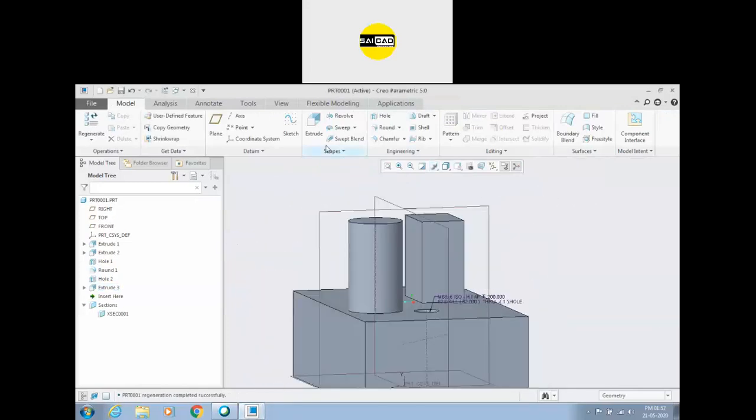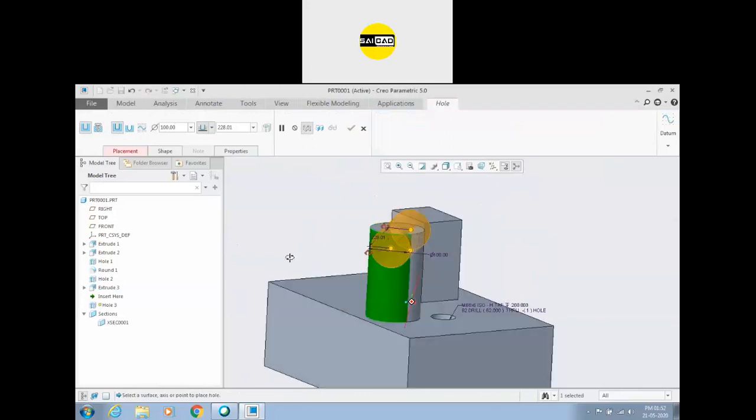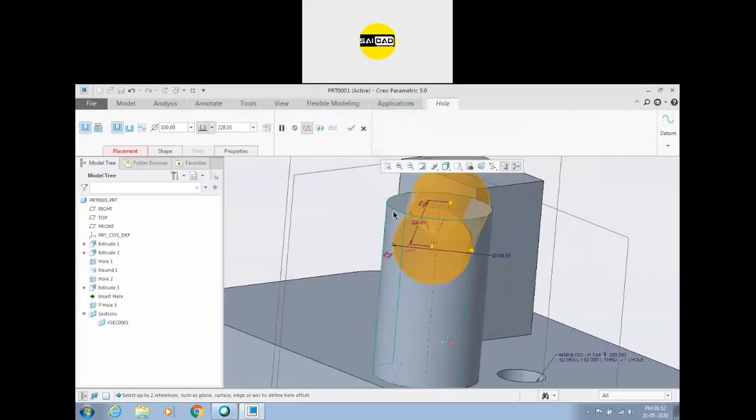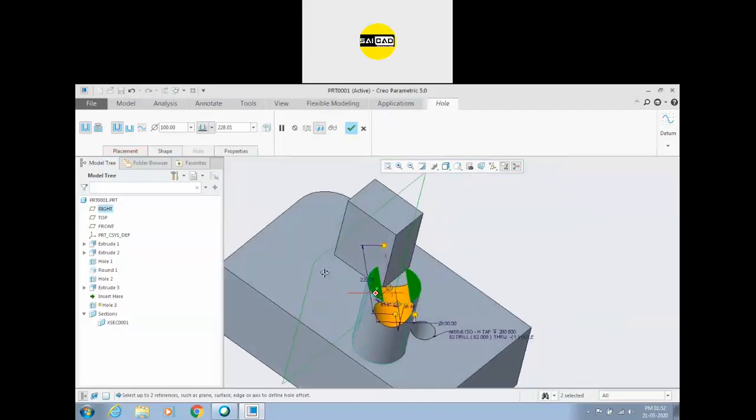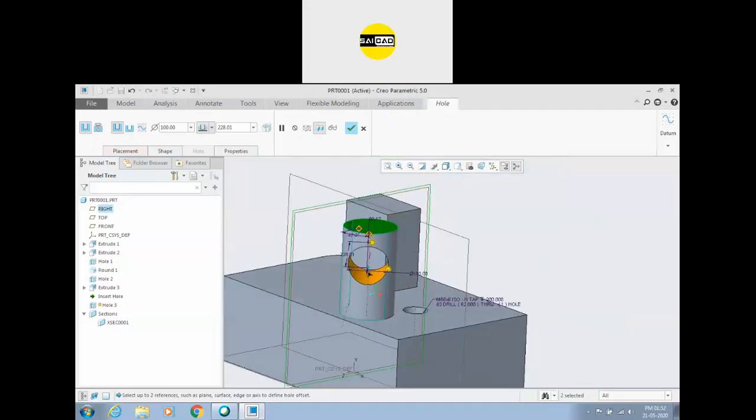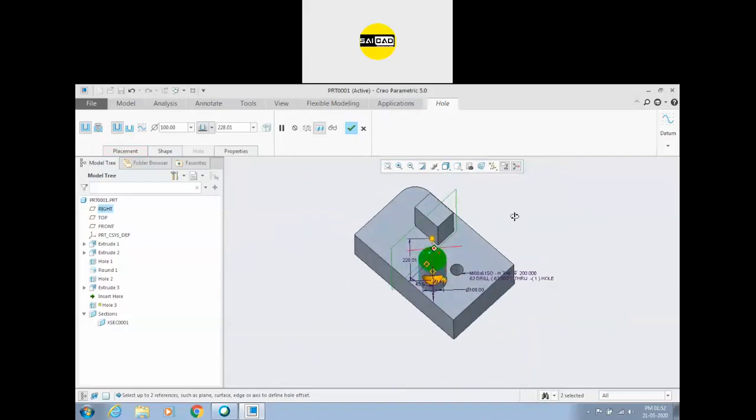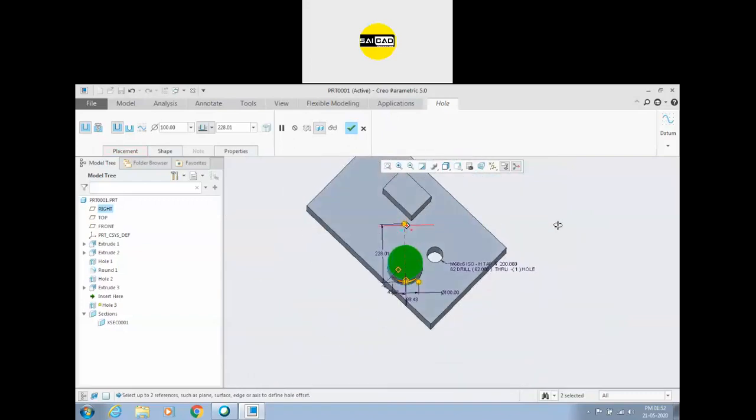Now create a hole on that surface, define the references from here and here. I'm going to define the references, the depth should be down here and the angle should be 45. Okay, I want that angle to be at 45 degrees.